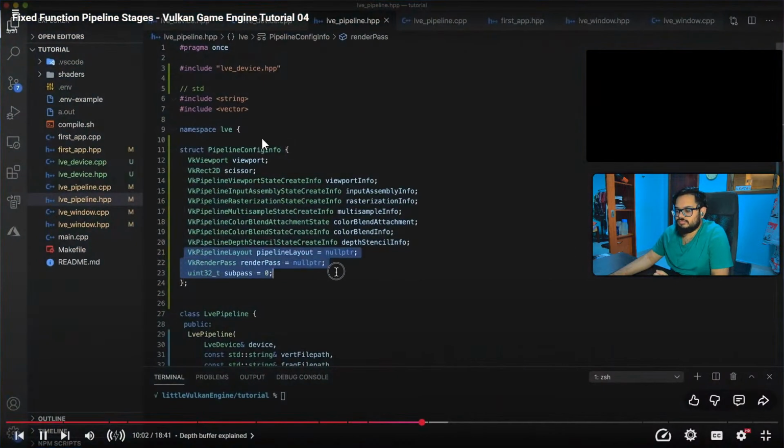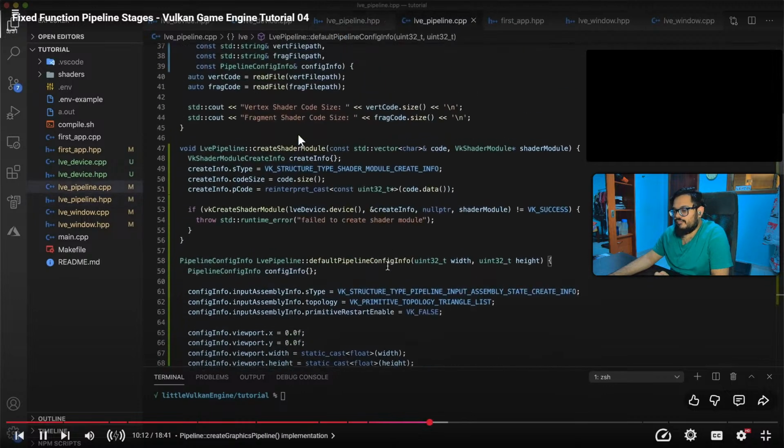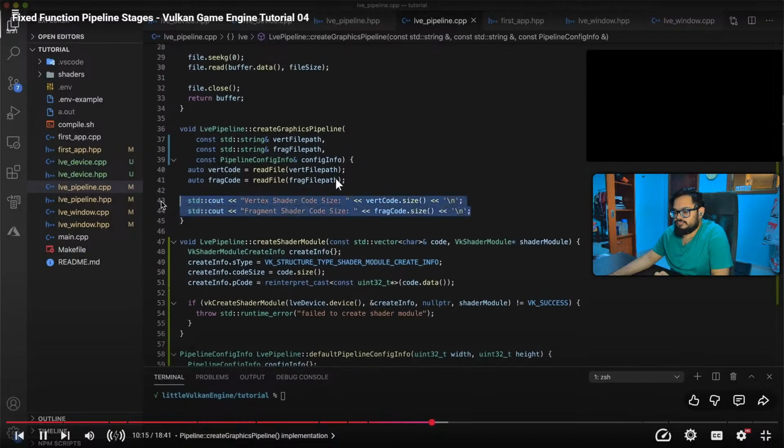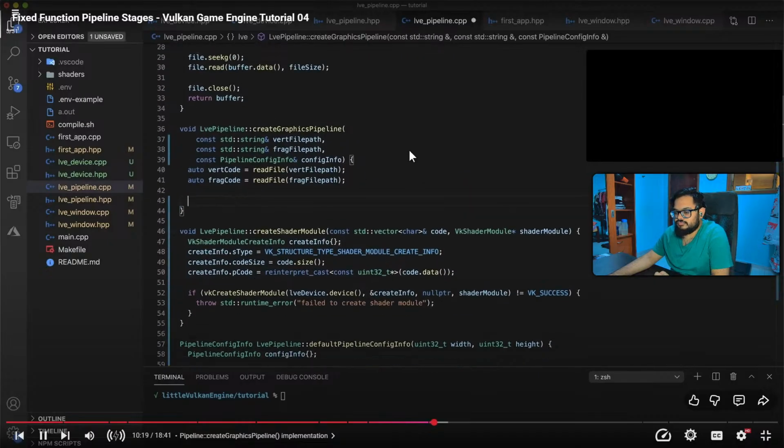Back in our struct, we have two more values that have not yet been set, the pipeline layout and the render pass. We don't provide any default for these members, and we'll set them outside of the function. Okay, so now it's time to complete our create graphics pipeline function. Let's replace these lines outputting our code size, and instead